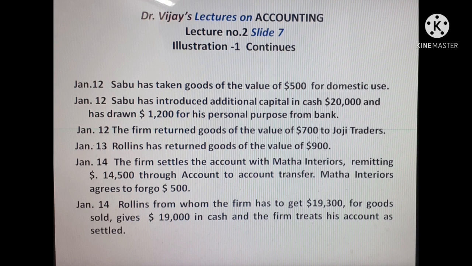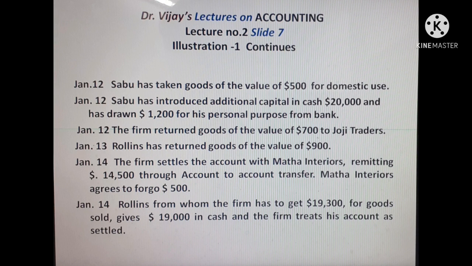Let us see. January 12, Sabu has taken goods of the value of $500 for domestic use. On January 12, Sabu has introduced additional capital in cash, $20,000, and has drawn $1,200 for his